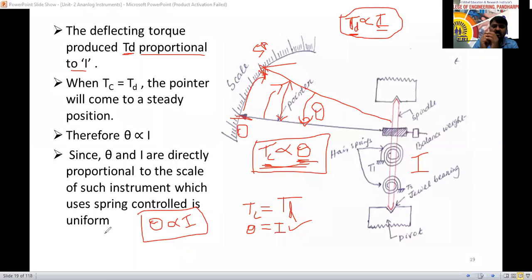Because of that rubber activity only, the controlling torque is produced here. The example I told you: a balloon tied with rubber, you hit it with your hand, it goes forward and back, goes away and comes back and hits your hand. Yes, the same thing is happening here. Because of the current, the pointer shifts and moves somewhere. Because of this spring, while the deflecting torque is applied, it is going to shrink. After removing the supply, it will come back to the original position because the spring returns to its original position. Is it clear? Yes, sir.